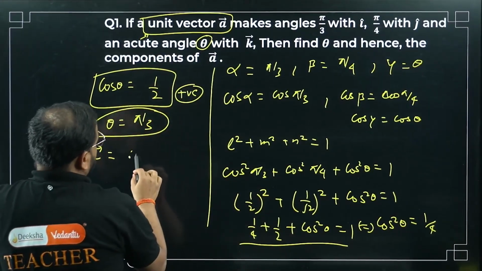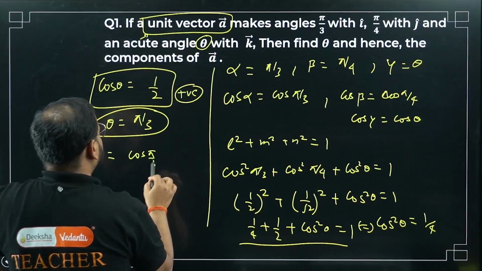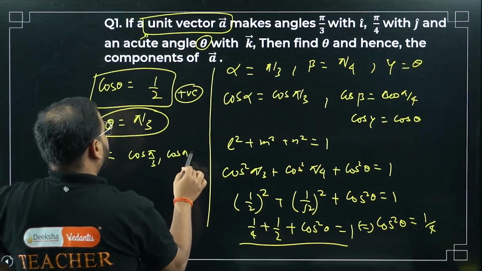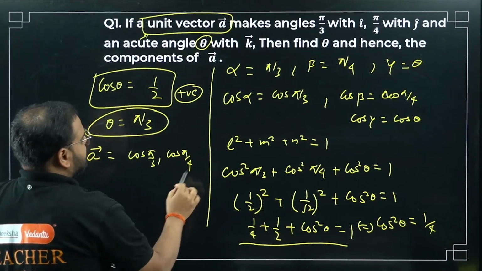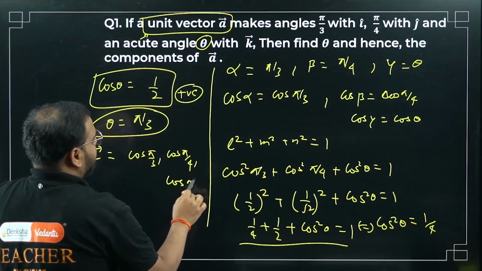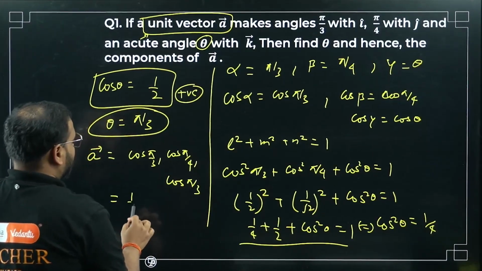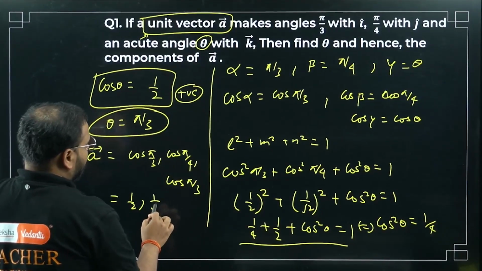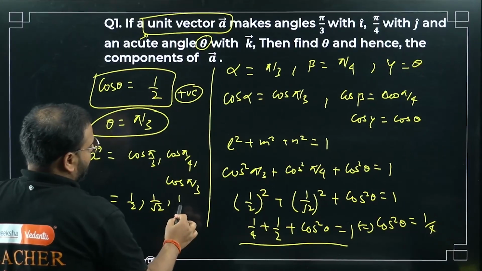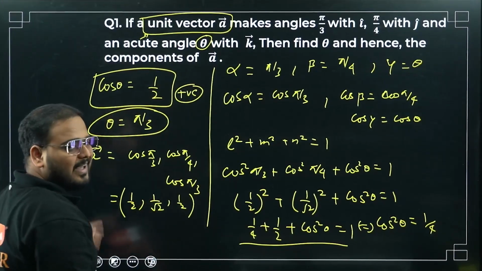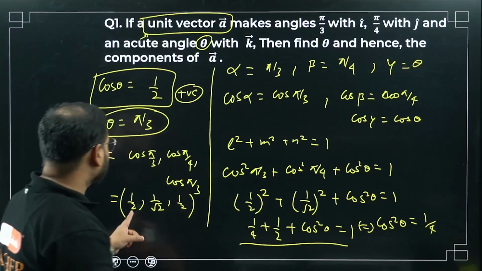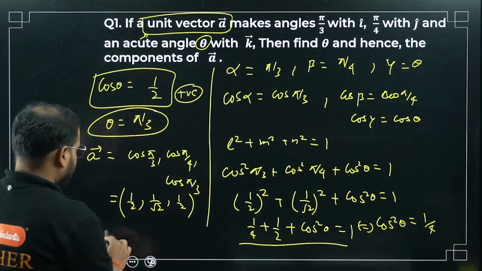Simply cos pi by 3, cos pi by 4, and what is the last one? Cos pi by 3 again. What is the answer? 1 by 2 comma 1 by root 2 comma 1 by 2. If you want to write it as i cap, j cap, k cap, right here,